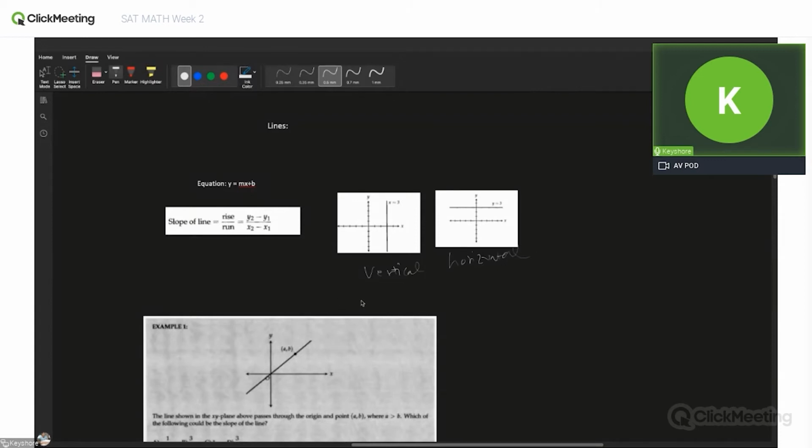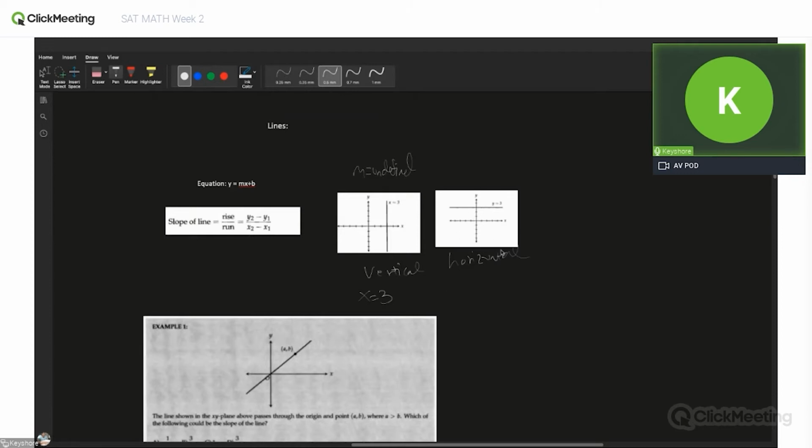And vertical lines are described as x equals 3, which means my x value is always the same, but my y is undefined. That's why the slope on this is actually undefined, because the change in x is nothing and the y just grows infinitely. So the slope on this is undefined. We say the m for this is